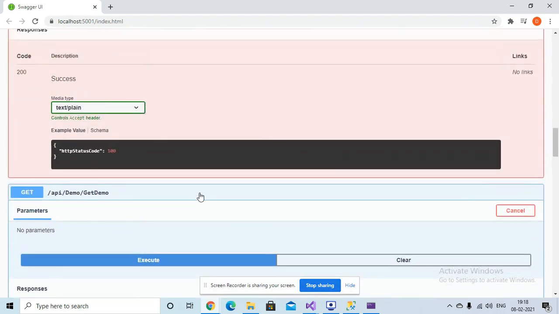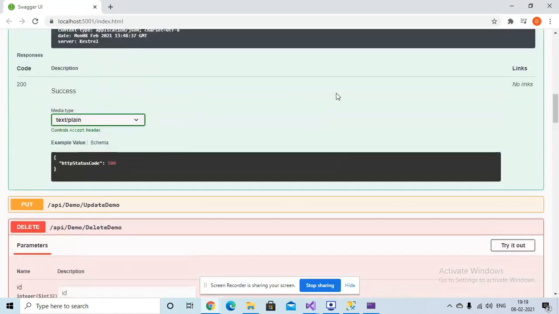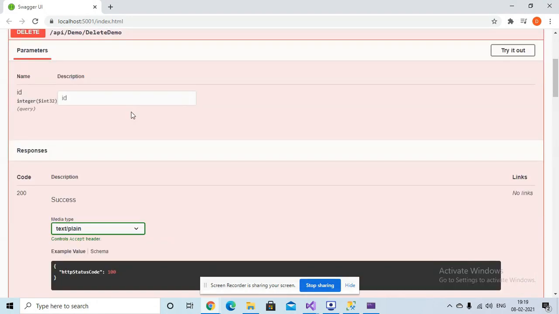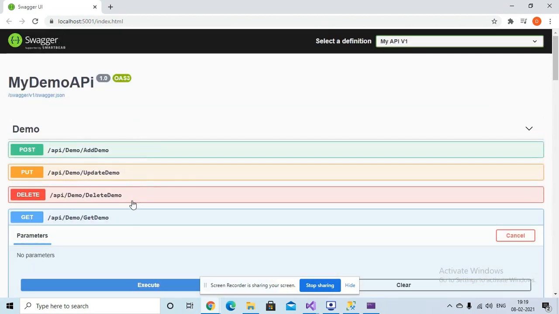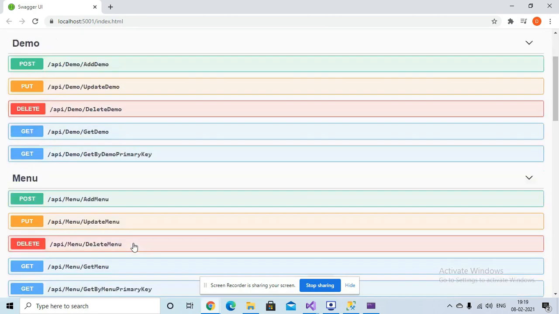So this is basically a tool where you do not need to write a single line of code, and by using this tool you can generate code for your API solution. You will get five functions for every table: add, update, delete, get, and get by primary key.